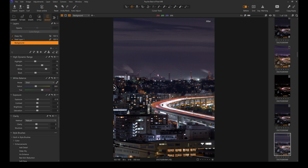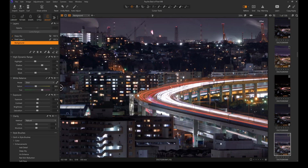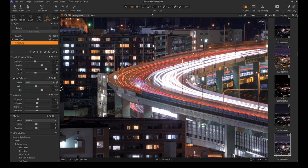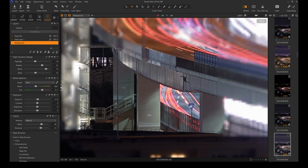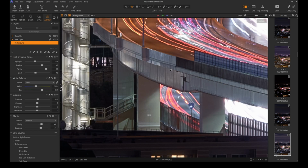And what we're going to do here now is we're going to go a little bit more crazy. So within reason, we are going to increase the clarity and the structure. We're not going to go quite as heavy as we did in the sky, which is usually the opposite. Usually in the sky is where you take it more easy, but there's a reason I'm doing this. It's almost beyond words why I'm doing it, but